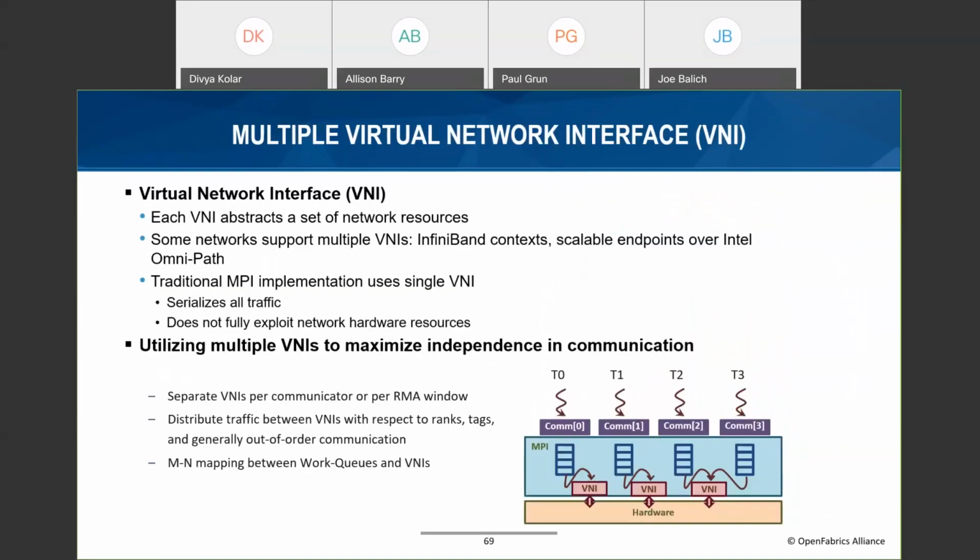And besides the lightweight communication library, another big improvement we're trying to include in MPICH is what we call the multi-virtual network interface, the multi-VNI. The idea here is to use this multi-VNI infrastructure to improve the performance of multi-threaded communication. Inside MPICH we have this virtual network interface, which can be mapped to different hardware contexts or scalable endpoints in Libfabric,